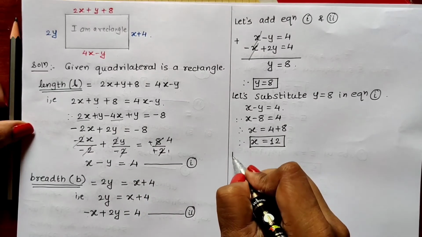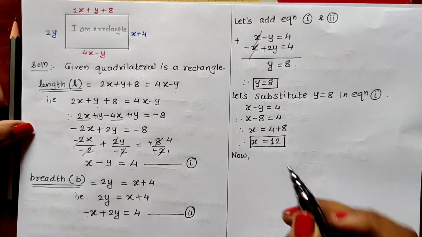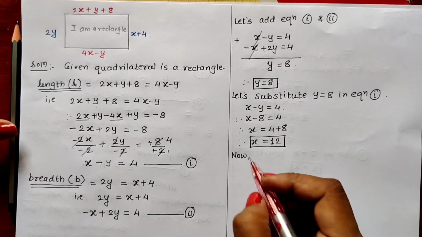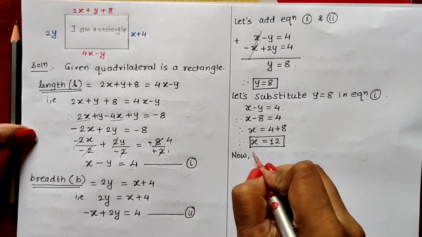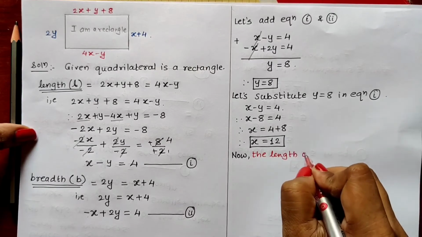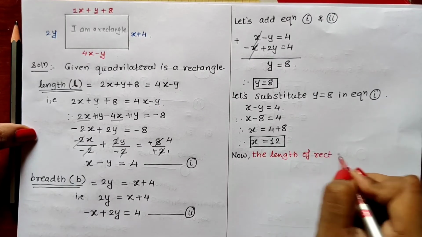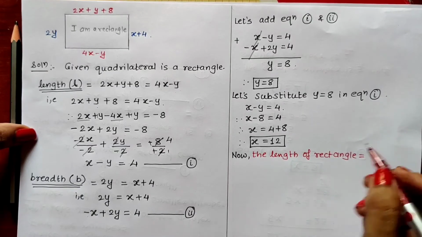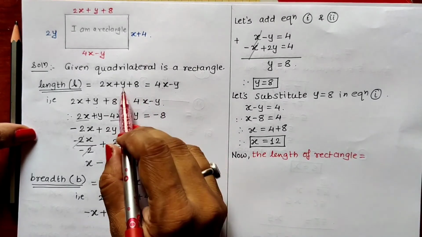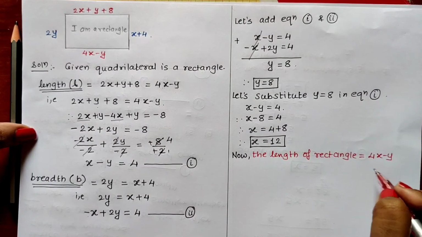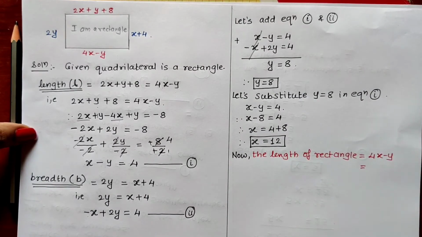Now the length of rectangle is equal to, either you can take this expression or this expression. I will be taking 4x minus y. So it will be equal to